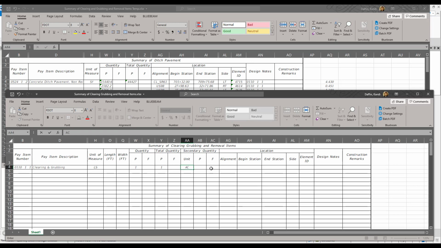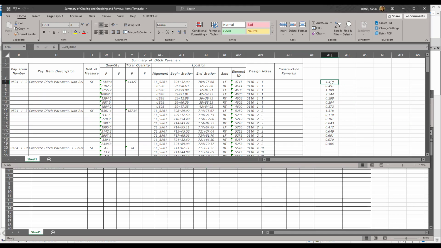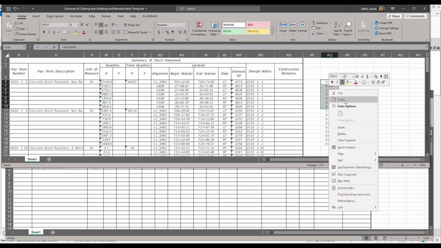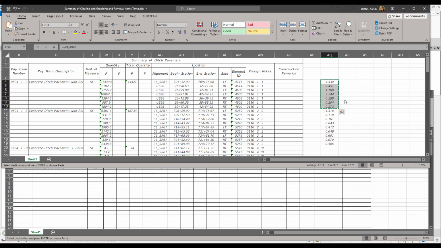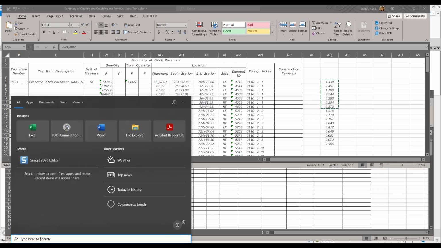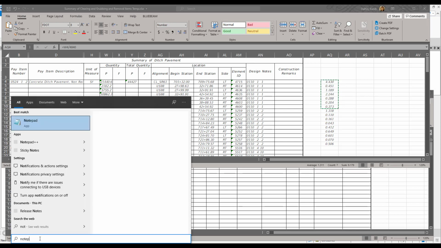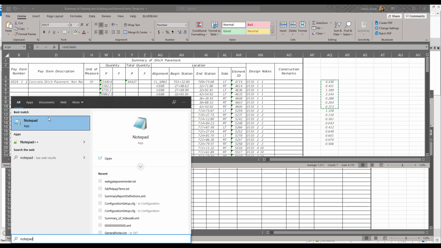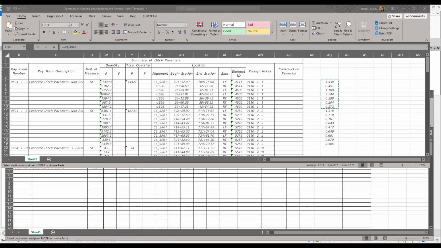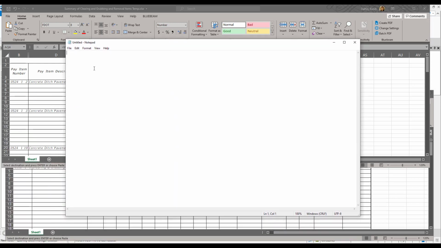Now we can select all the converted quantity data from the temporary file for the 110.11 pay item and right-click and select Copy. Here's where we're going to strip the formatting. Open a Notepad document. Then we can right-click and paste the values. You can type Notepad in the search bar to find it and launch it. This will eliminate all those trailing decimal places that Excel would have kept, even if you pasted values only within Excel. Once they've been pasted in Notepad, you can select them all again and paste them into our new worksheet in the secondary quantity P column.